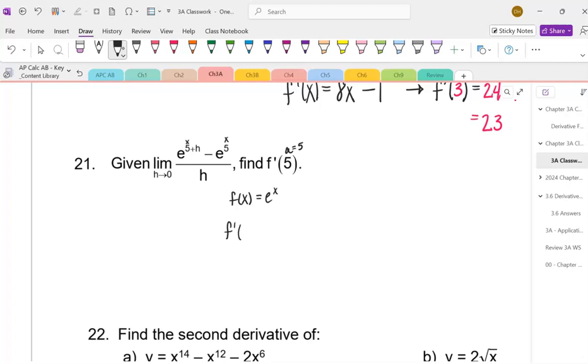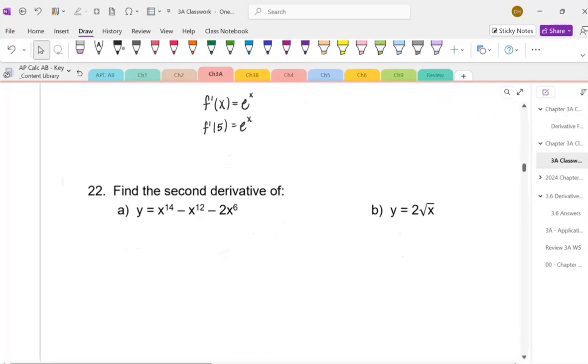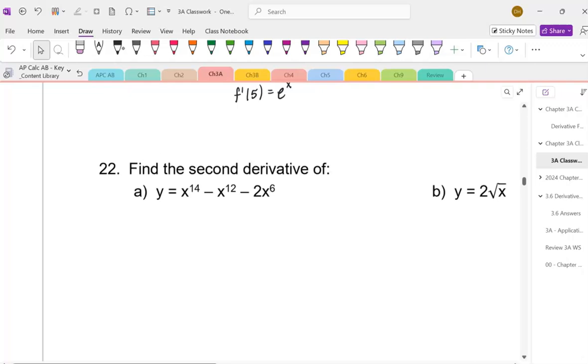We're going to find the derivative first, and when we take the derivative of e to the x, it's a rewrite and then natural log of the base, which is just the number 1. So we have e to the x, and then you get to input the value 5, so your answer is e to the x. Number 22, it says find the second derivative of, in part A, we're going to rewrite